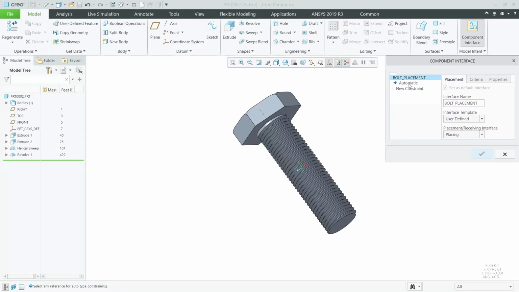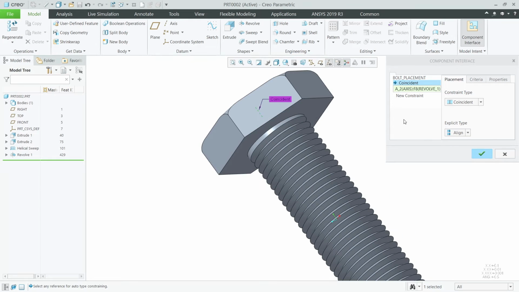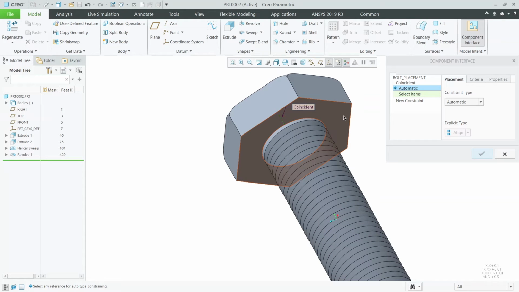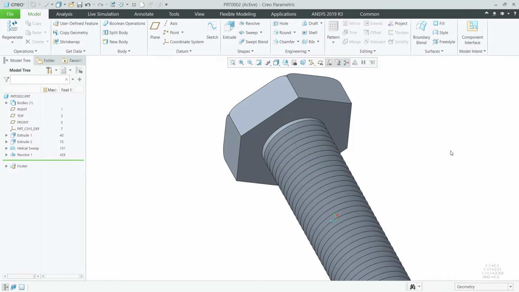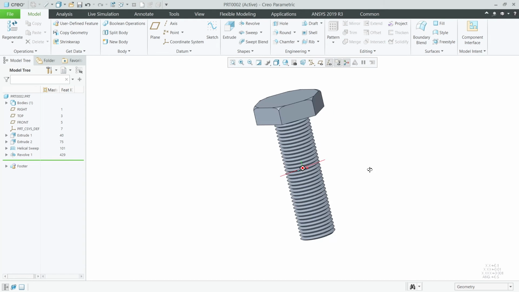In the automatic option, we are gonna left click on that and we're gonna pick the center axis. And for the next constraint, we are gonna select the new constraint option and we are gonna pick the bottom surface and we have to press OK.